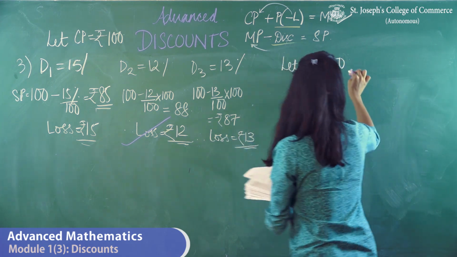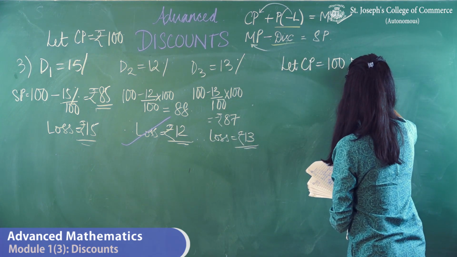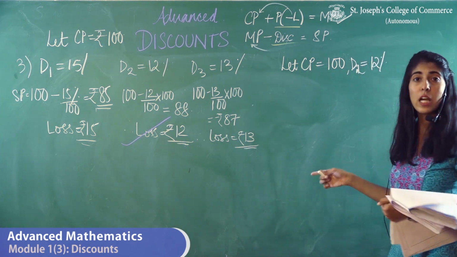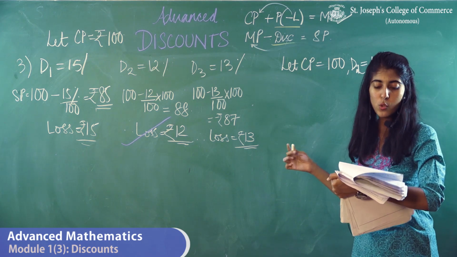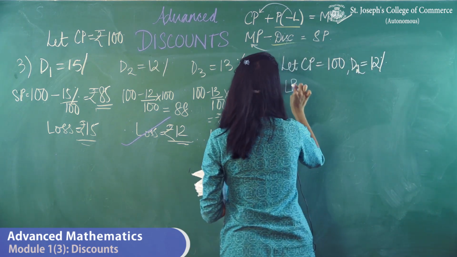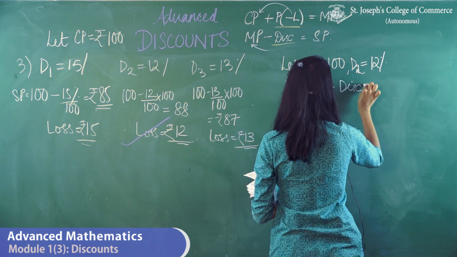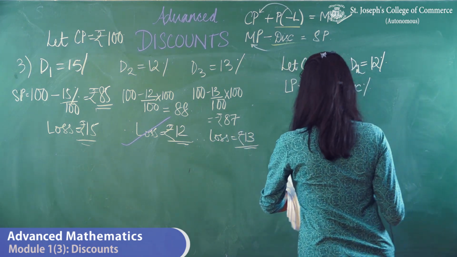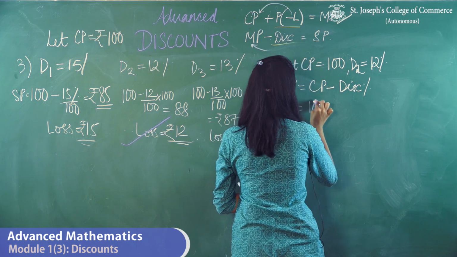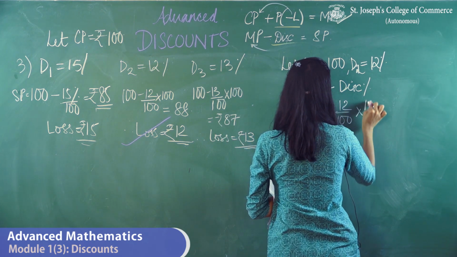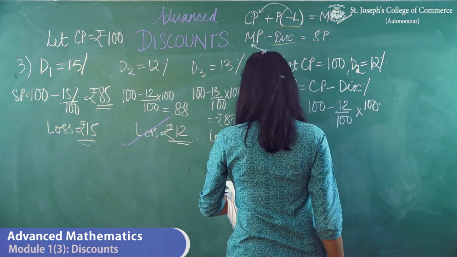When you solve it, you know that you're considering discount to be 12%. If discount is 12%, what you do is your list price is cost price minus discount. 100 minus 12% of 100. This will give me